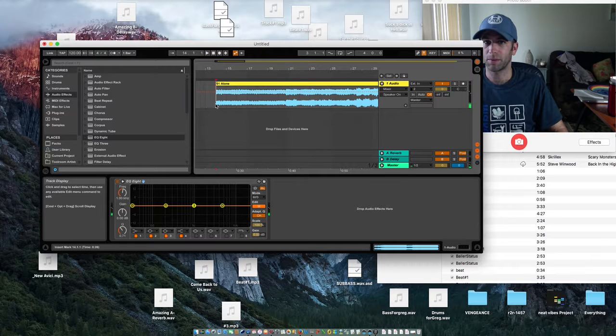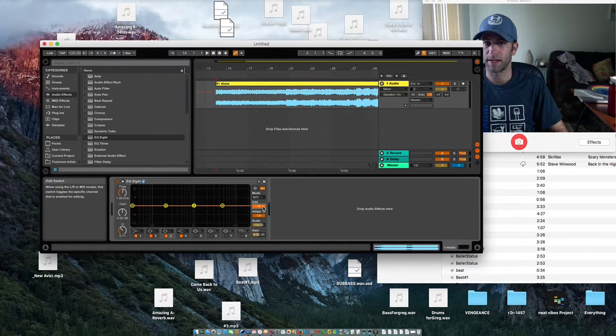Okay, so the first thing I want to do, I'm going to get rid of my stuff that's panned super wide, so all the stuff that's on the side. So we're just selecting a hard stop here, and we're going to drag it all the way over. So not a whole lot of information has been lost. It's bass. Bass is typically in the center.